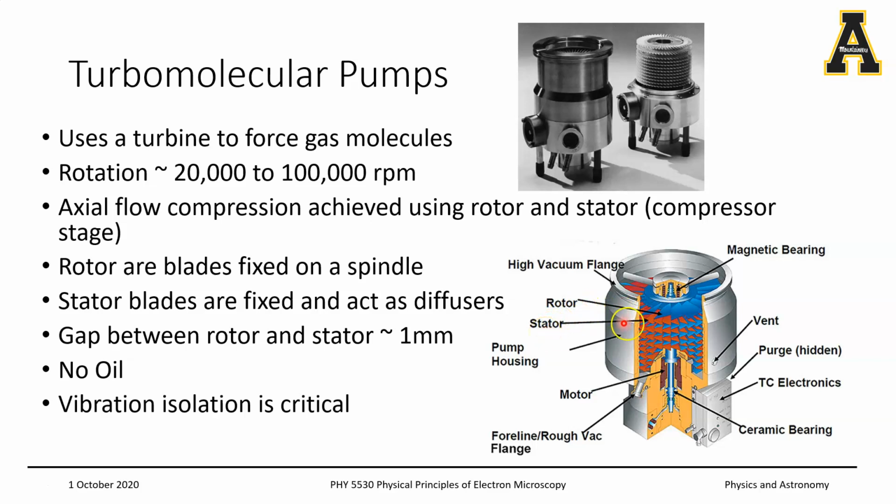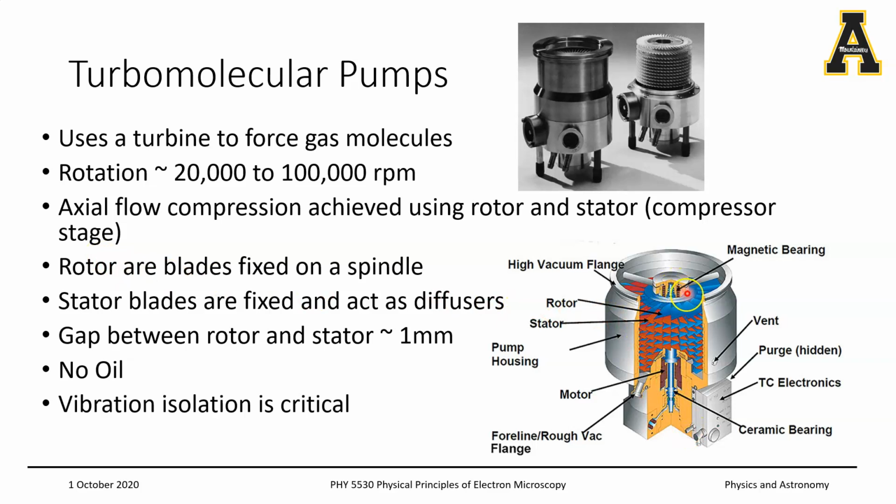Those are not rotating blades but stationary blades, but they are at a different angle with respect to the rotor blades. So you are imparting momentum to the drifting gas molecules in the downward direction with these high speed rotor blades, and once the air molecule goes past the first rotor blade, then immediately the direction is changed with the stator blade, and so on and so forth. So a combination of a rotor and a stator is one compression stage, or a compressor stage, and the rotor